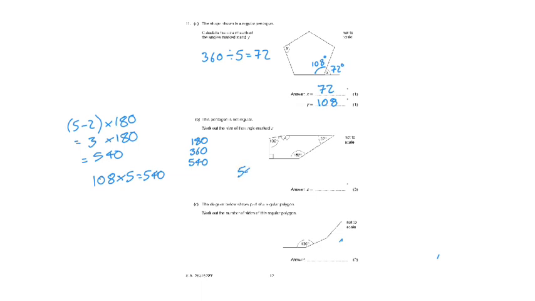So now we've got to do 540 minus all of this lot, so minus 32 and 102 and 90 and 152, which in my book, with a little help from my friend the calculator,